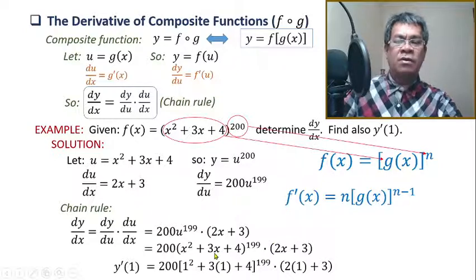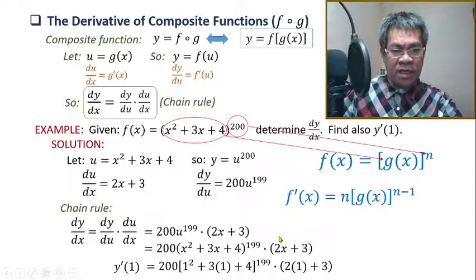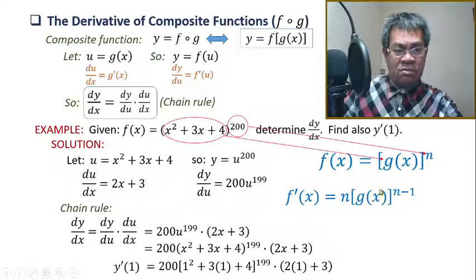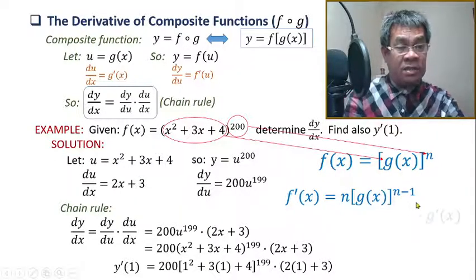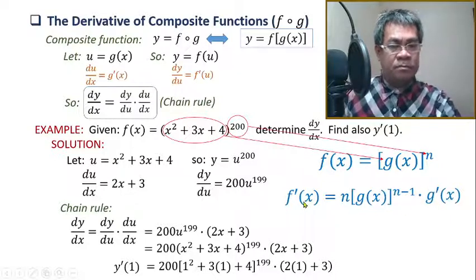So in order to provide the exact result of the derivative of this function, we need to multiply again by this term. What is this term? What is this factor? So take note, this factor is coming from what? Coming from the 2x, the du/dx, which is the derivative of u with respect to x. Now take note, this is g function of x. So therefore, this must be the derivative of this function. Okay, we have to take the derivative of this function, and the derivative will be multiplied to that number to provide a complete solution of the derivative.